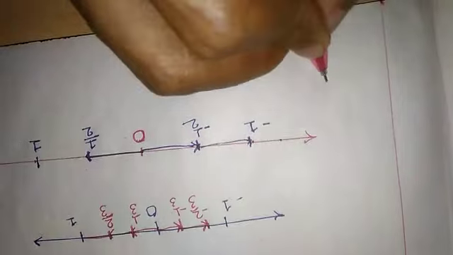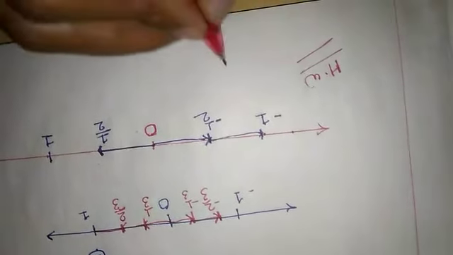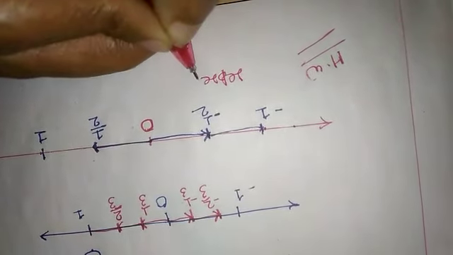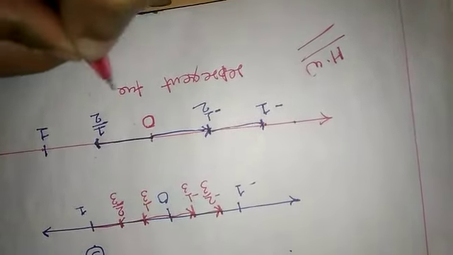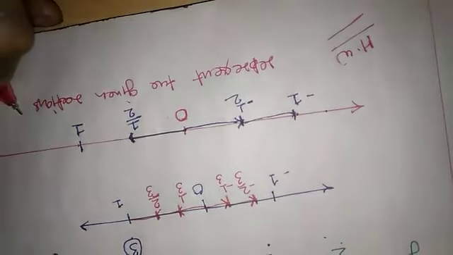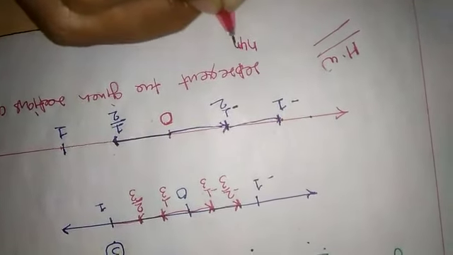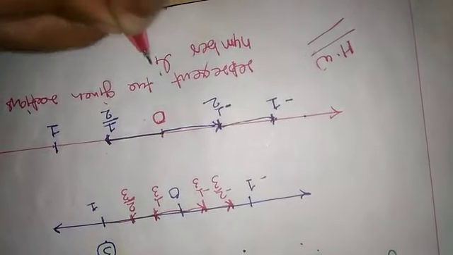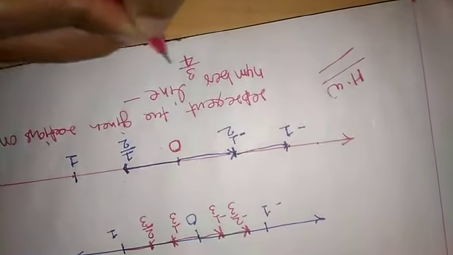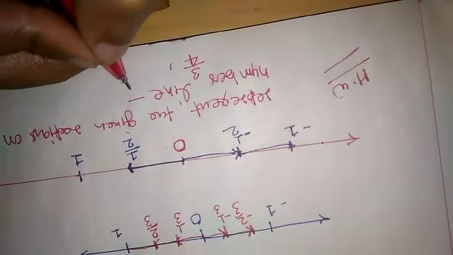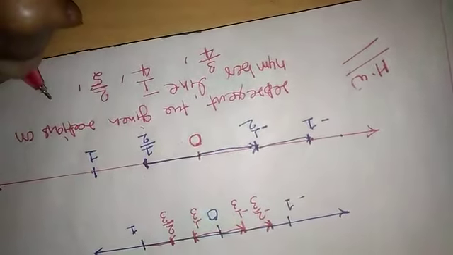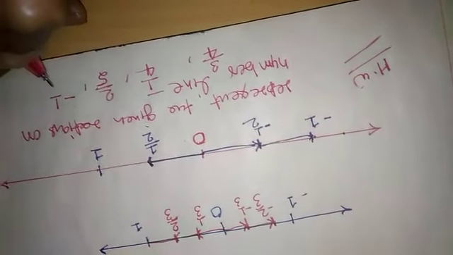So take a homework. Similarly, try to solve this. Represent the given rationals on a number line: 3 by 4, 1 by 4, 2 by 5, minus 1 by 4,